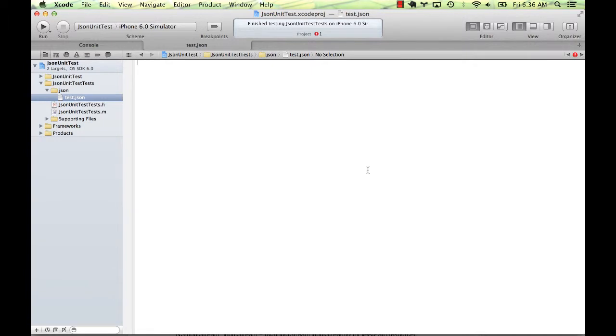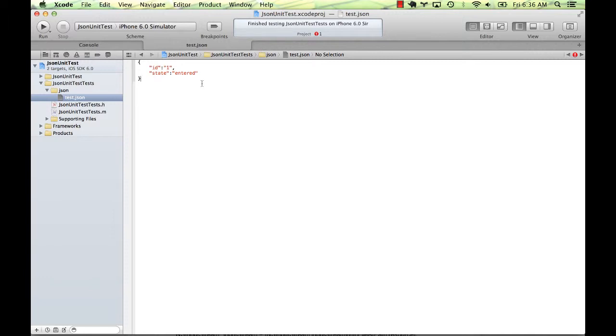In this case, I'm going to keep it very simple. I'm just going to have two pieces of information, an ID and a state. This might be something that I would have received after talking to a backend server and gotten back the result of an HTTP GET, for instance. This is the JSON that would have come back. And I'm just capturing it here because this is something I want to be able to read and test against